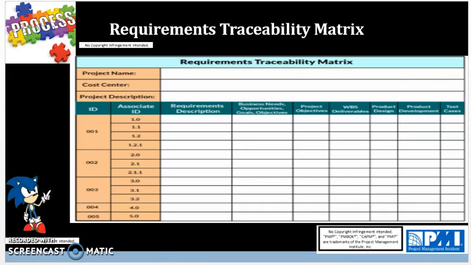Now, all requirements need to be tied to a specific deliverable, and each requirement needs to be tied to an appropriate resource on a project team. This is accomplished, as you see here, through a requirements traceability matrix. So you see the project name, cost center, where the budget is coming from, project description, the ID of the project, each of the different pieces, each requirement ID tied to each associate or resource in a project, the requirement description, business